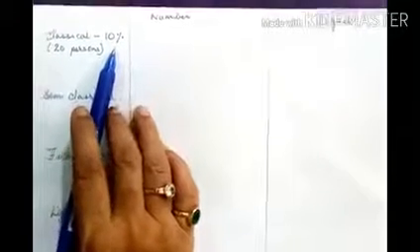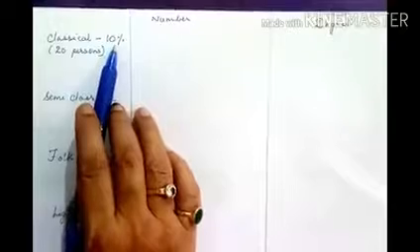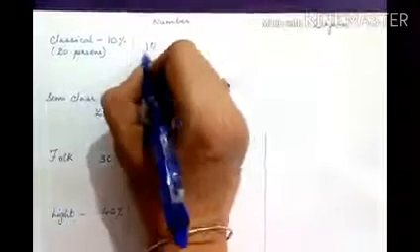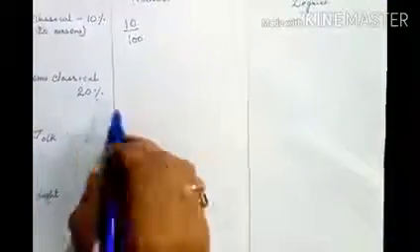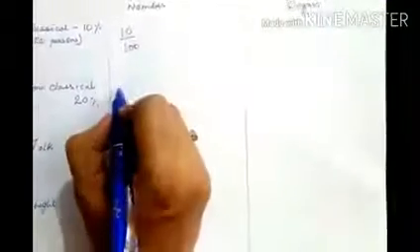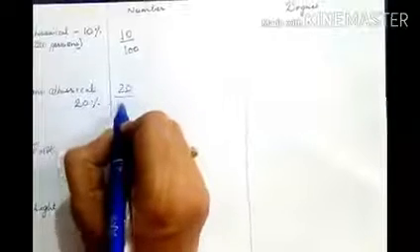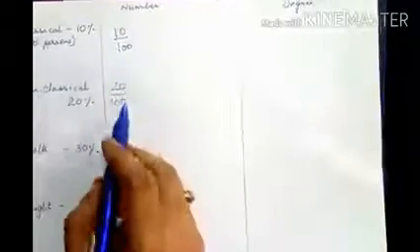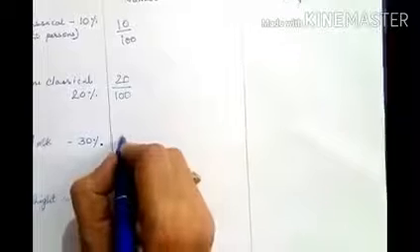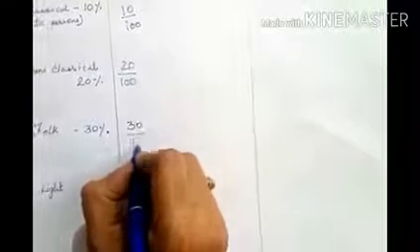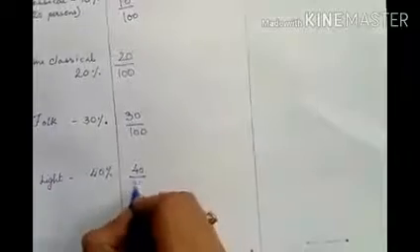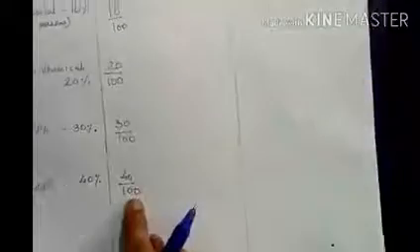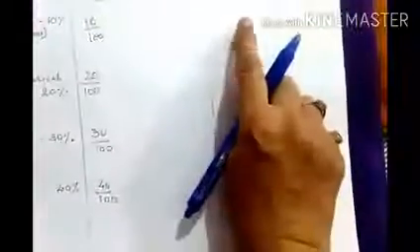So what fraction do we get here? 10% means 10 out of 100. Okay. So let's write here, it's 10 out of 100. Similarly, for semi-classical, what is the percentage? 20% means 20 out of 100, because 100 is the total of percentage. 30% means 30 out of 100, and 40% means 40 out of 100. We got our fractions. Now it's easy to convert them to degrees.